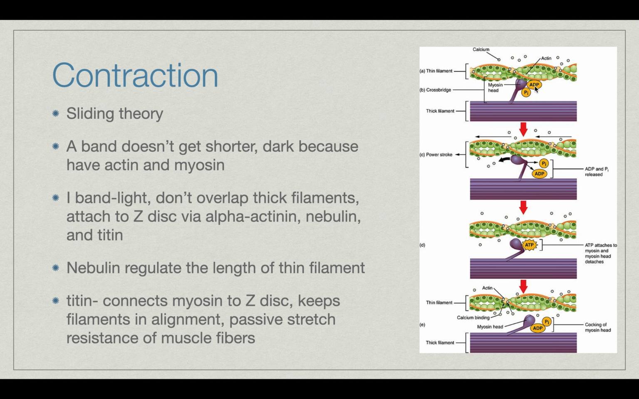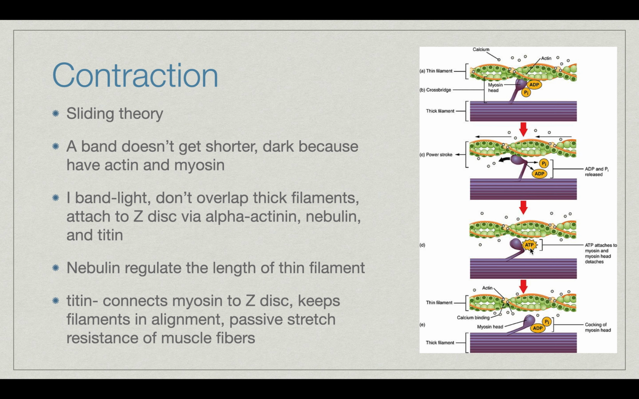Myosin will bind to actin at a certain site, making a cross bridge, after calcium has bound to actin and moved an inhibitory factor out of the way. So the power stroke is how the filaments slide and contract, and then ADP and an inorganic phosphate are released, and then